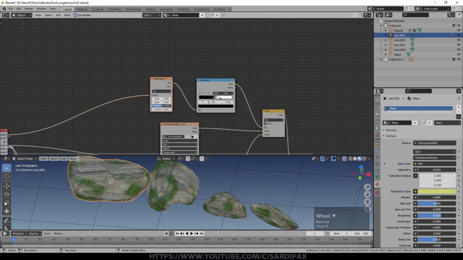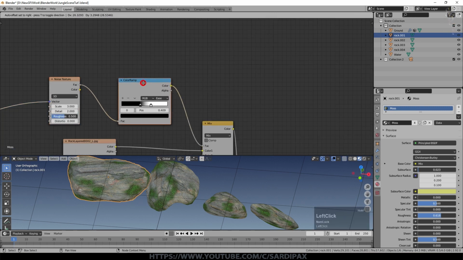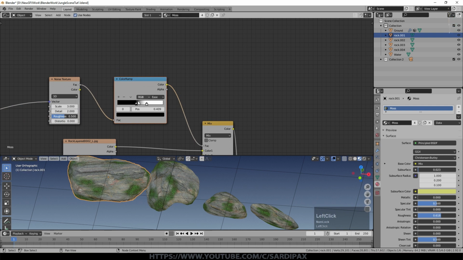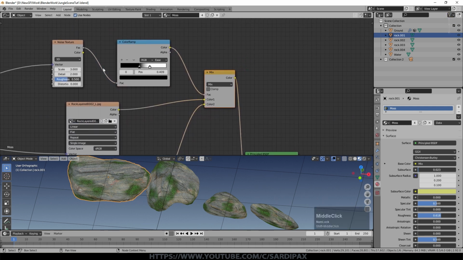As it happens, I ended up using the generated output. There's no specific reason, you could use the object texture coordinate. Again, controlled through this color ramp so that I can control the sharpness of the fall off, and then that controls that mix node. So that's just basically giving us a noise texture, a very low frequency noise texture.